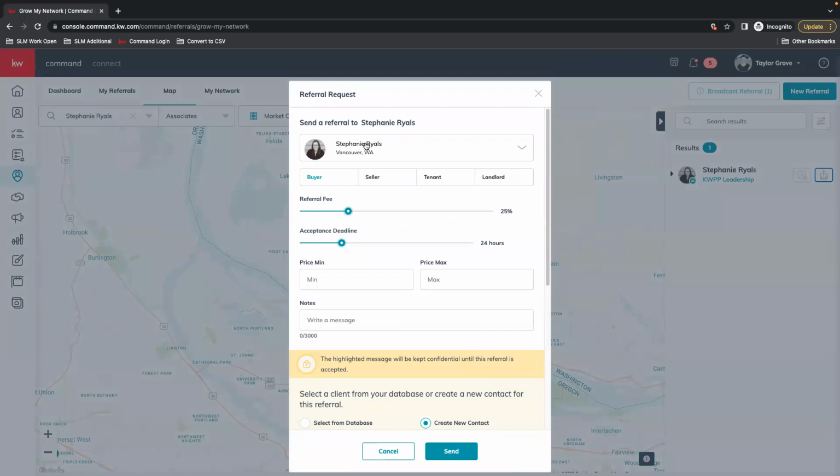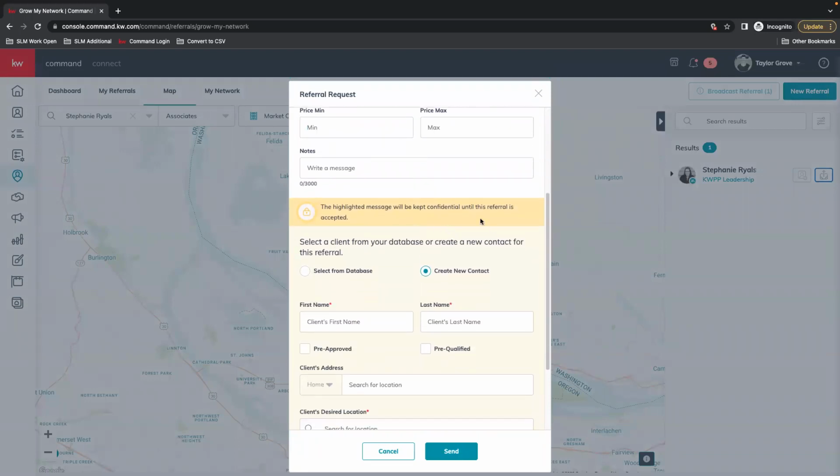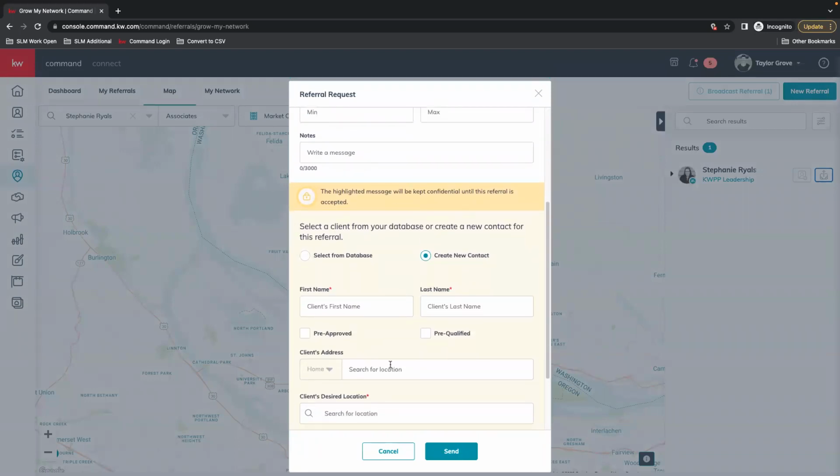So her name is selected, and then we specify all of this same information we did on the last one about our client. And then there's also a section here for you to add the client information. However, this information is kept hidden until the referral is accepted.